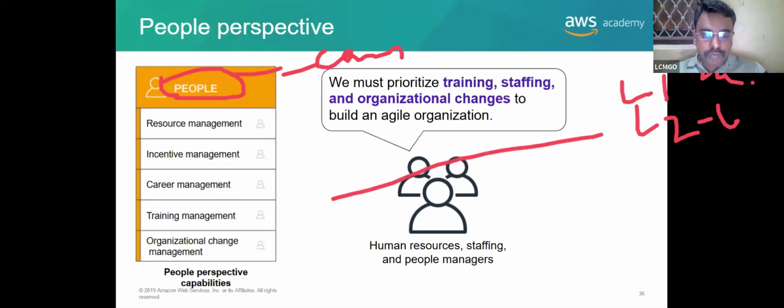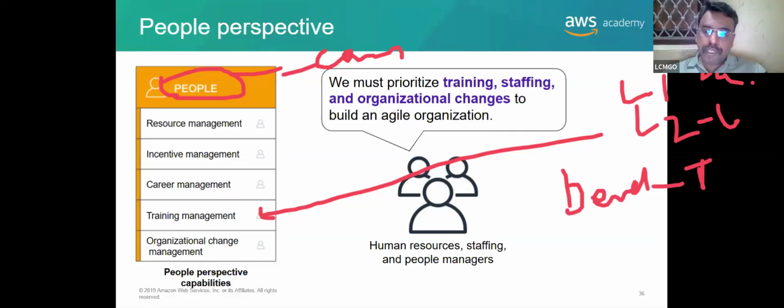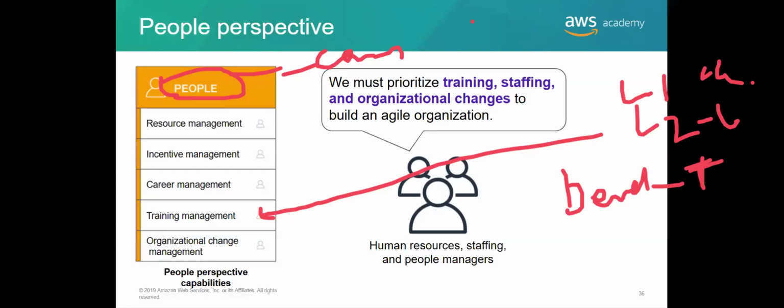Next, what kind of training management do we have to give? And again, change management. What is this change management? If an employee is not working properly, for example, they are in a testing position or a developer position, what will you do as HR? This guy is not working properly as a developer. What will you do? Change the team, or move that person according to whatever skills he has.